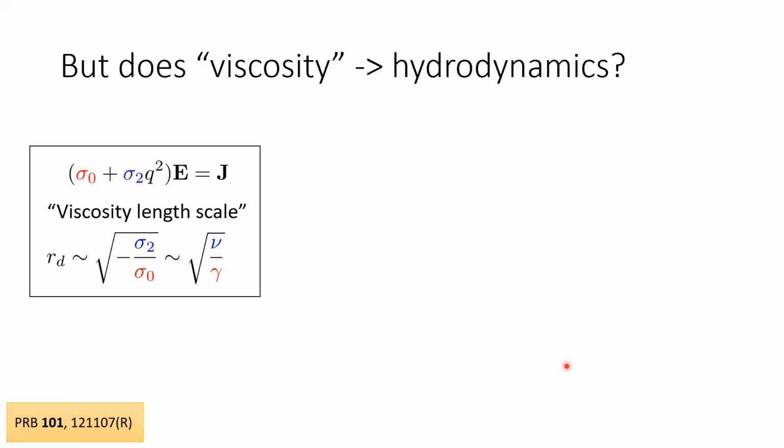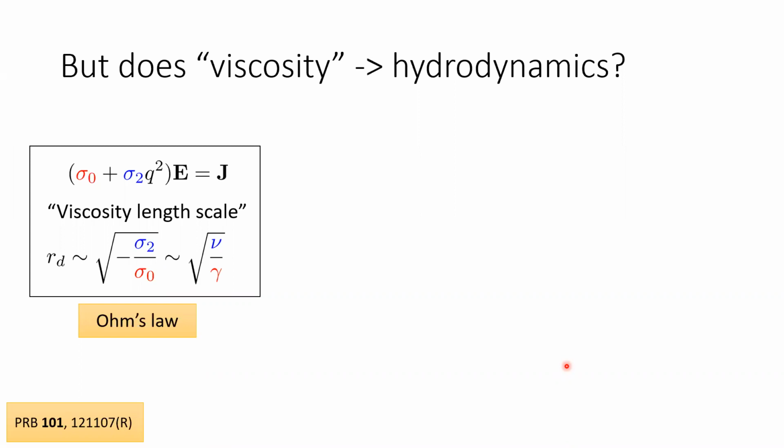This is some nice results from this equation, and one can take a step back from this equation and kind of forget all the hydrodynamic stuff and just stare at this for a bit. And what you realize is that this is nothing more than a statement of Ohm's law, with the extra wrinkle that instead of a momentum independent conductivity, you have some sigma 2 term giving you some momentum dependence, right?